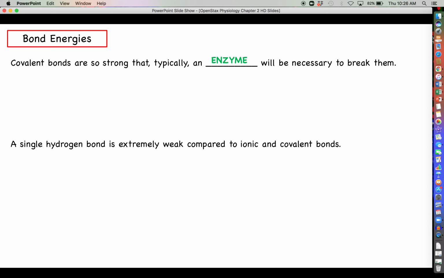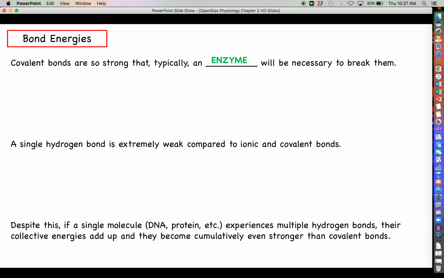Well, if you compare a single hydrogen bond to a covalent bond or an ionic bond, which we already established is a much stronger form of the hydrogen bond, a single hydrogen bond is pathetically weak, right? It's really, really weak. It is not at all difficult to break a single hydrogen bond. But hydrogen bonds end up being very important, not because of the importance of a single hydrogen bond, but because of the importance of many, many, many hydrogen bonds at the same time.